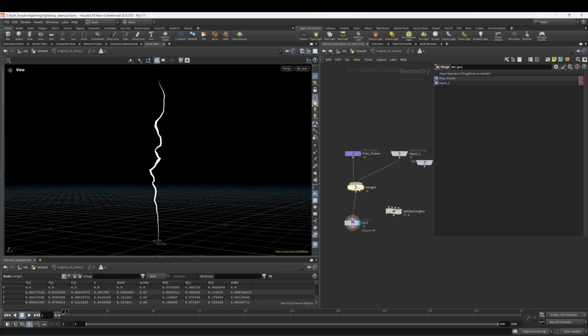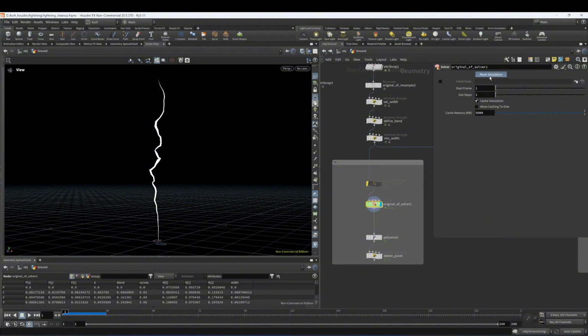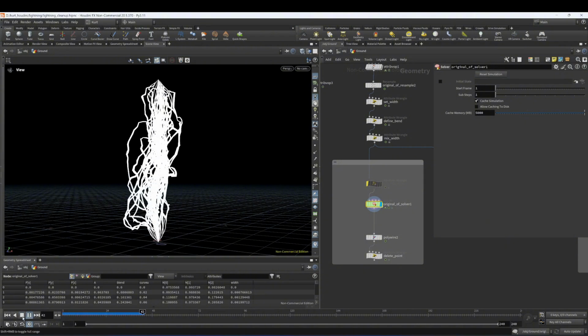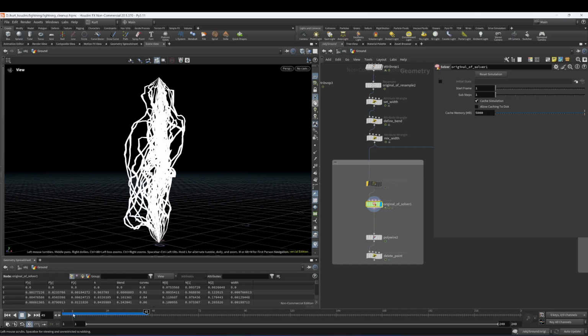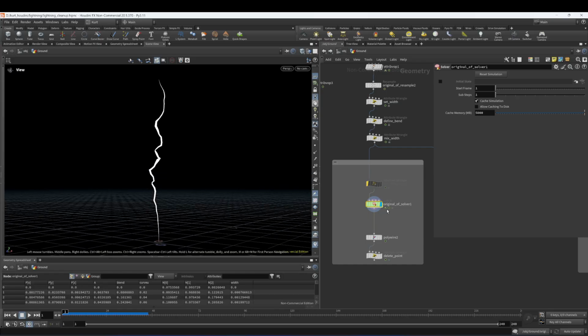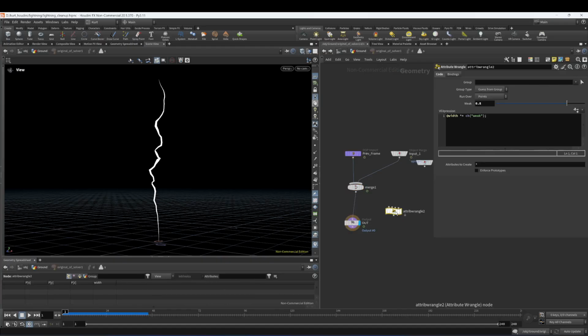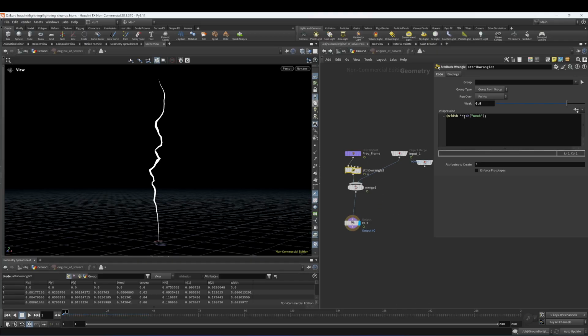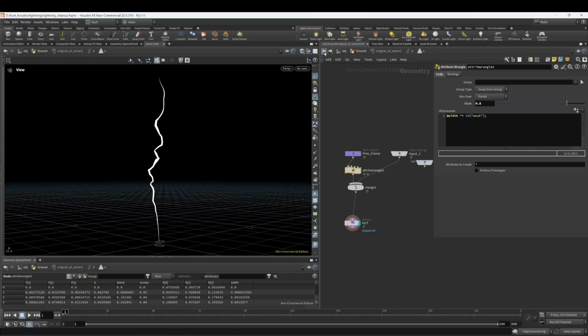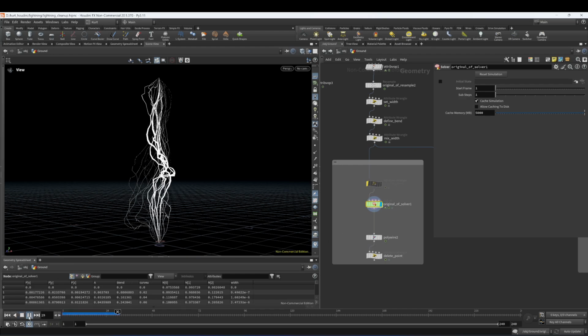By default, I just merge the input and the previous frame, so you will get this kind of pattern. But we wanted the lightning to get weak, so it's pretty easy. Set an attribute wrangle, and we said every frame the previous frame is going to weaken, so every frame is going to multiply by 0.8, and then you can see, okay, it's fading,